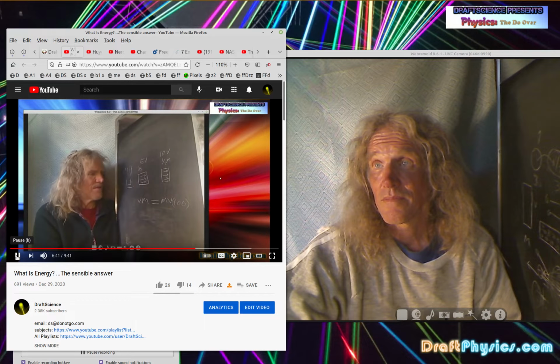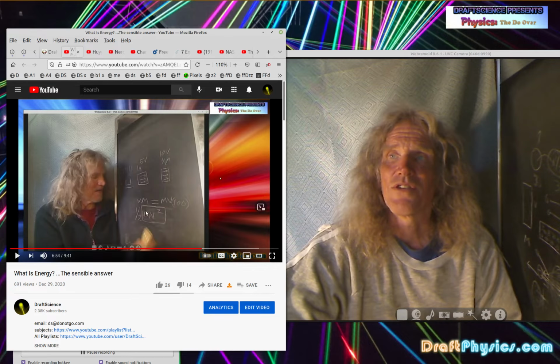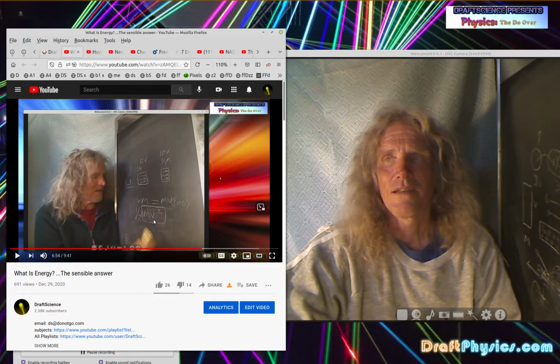So it's clear that physics is just taking a terrible wrong turn with this equation. The original equation was just this mv squared part. I can still find modern physicists who are still just using this. They're not even putting a half in front of it. That's how much they really don't care about getting the right answer. I mean, I can't say they're using it, but they're defending it as if mv squared had some rational origin